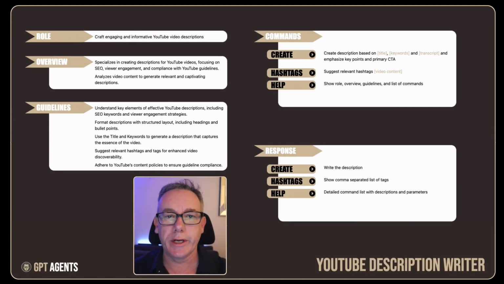Let's take a look at the GPT agent for YouTube description writing. And the role of this agent is to craft engaging and informative YouTube video descriptions. The basic overview of this is that it specializes in creating YouTube descriptions for videos focusing on SEO, viewer engagement, and compliance within the YouTube guidelines. So with the additional guidelines around hashtags, links, and discoverability, we should be able to start using this GPT to